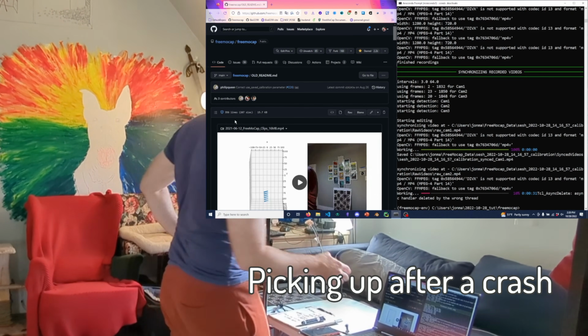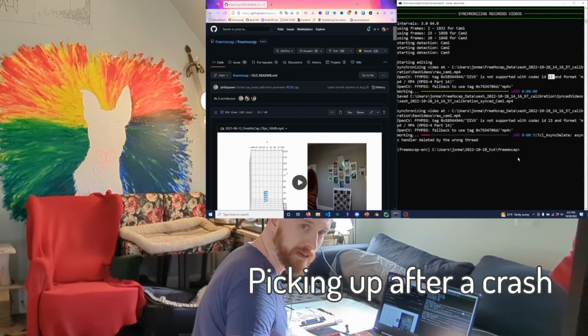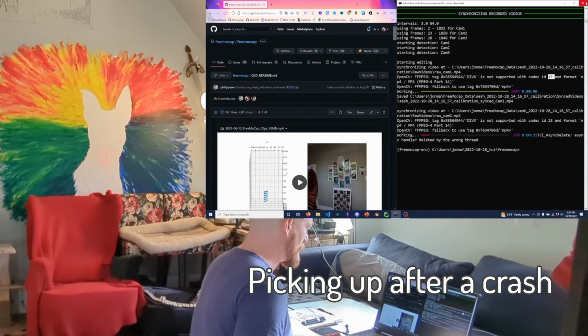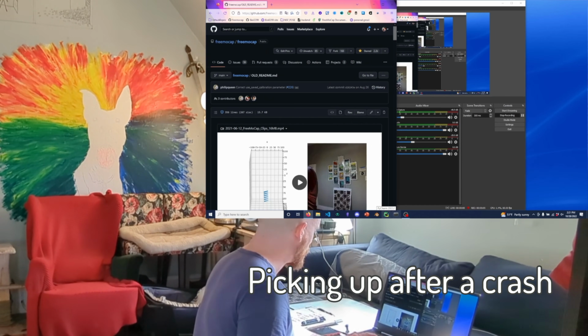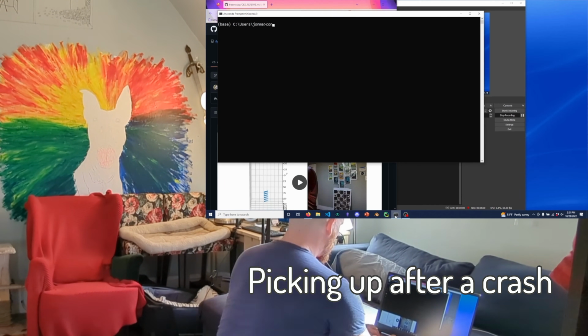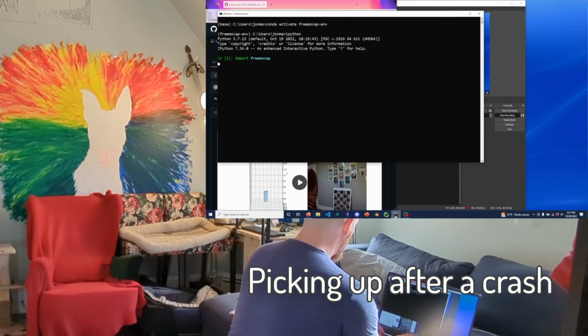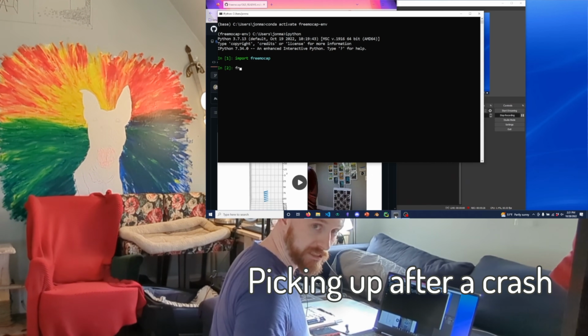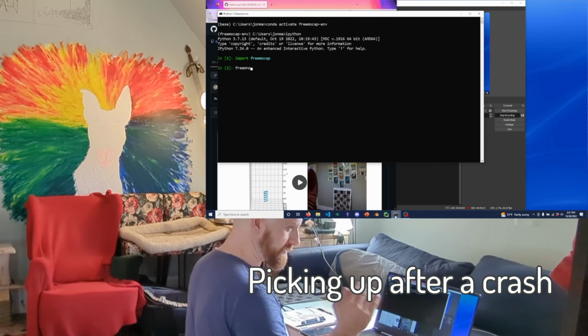Okay, so another weird thing happened. This is an error that I don't really fully understand, but it says this async handler deleted by the wrong thread. I think it's because it's been on for a long time and we started and stopped for a while. So it failed during the calibration part, which is stage 3, which is okay because we can just open it back up. Conda activate mocap-env, IPython, import freemocap, and now we're going to basically restart processing that same session from the place where it left off. Oh, sorry, it was actually at stage 2, synchronizing. It wasn't calibrating yet.